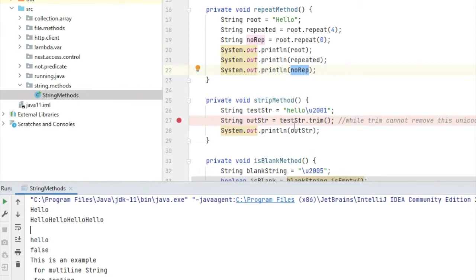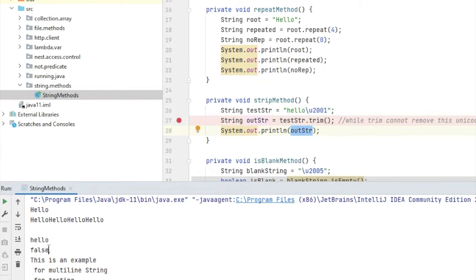And now let's go to the trim. So I have my string hello with some Unicode character, which is actually white space. So I am using trim, and this is my output string and printing it out. So here I am getting hello with, see, this white space. When I click on it, there is one space here.